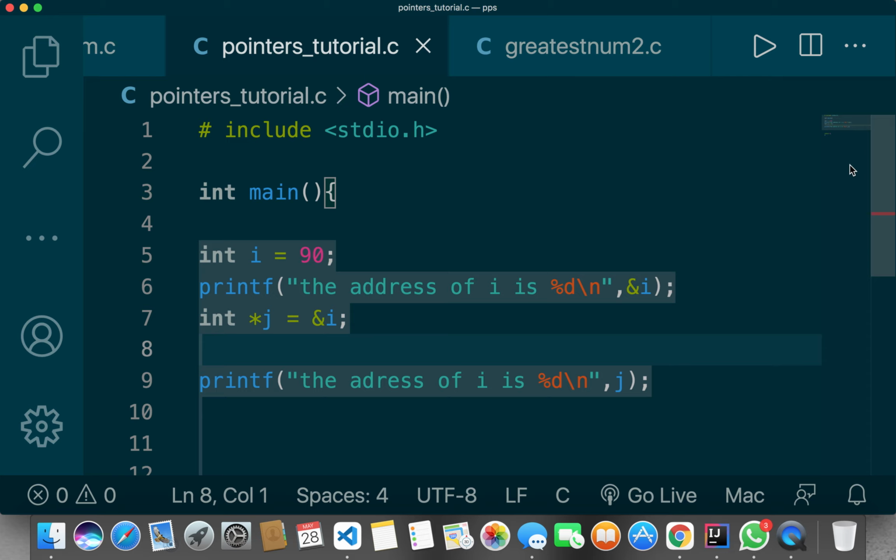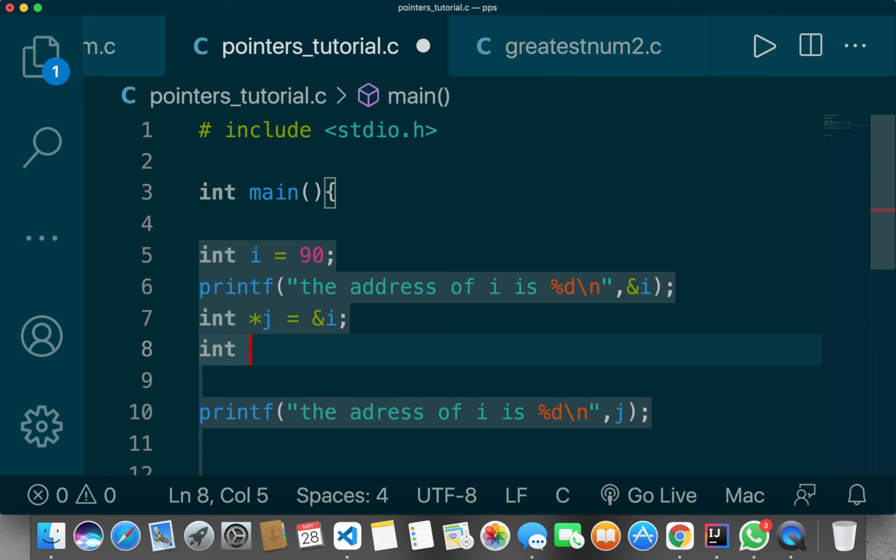And if you want to go a little further, even this pointer has an address in the memory block, so we can store its address in another pointer. This is known as a pointer to pointer, and the pointer we're going to create is a double pointer. We're going to use two stars this time. int **k = &j. That's it, we're done.